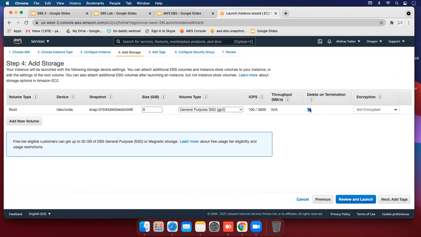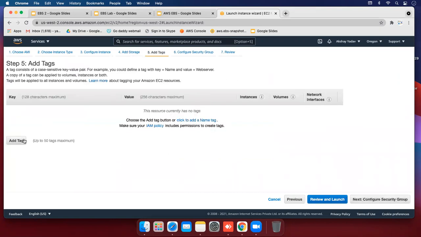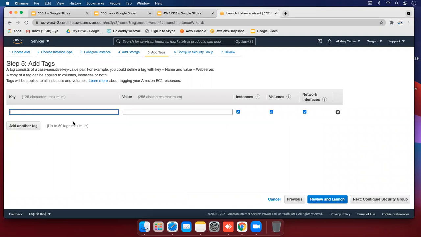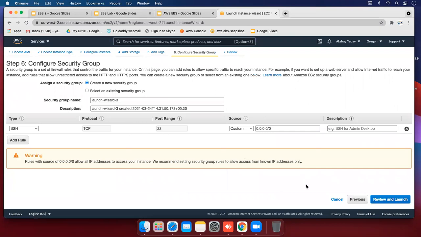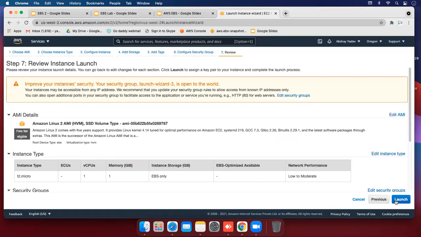I select it for the first machine. So let's hit enter and give the name to the machine. Key is Name and value is server1. Hit enter and next and launch.